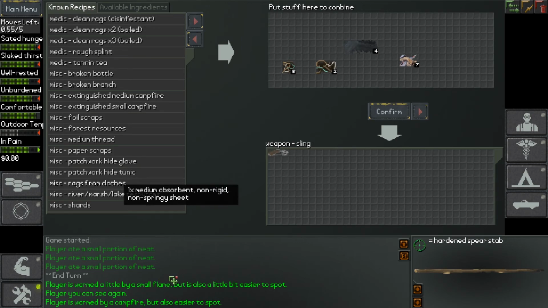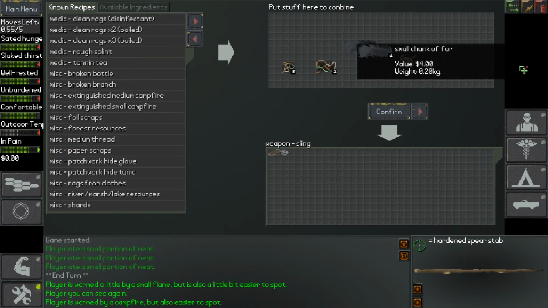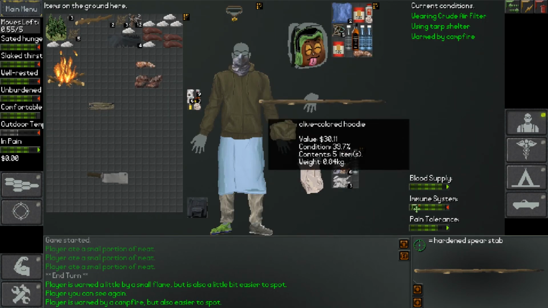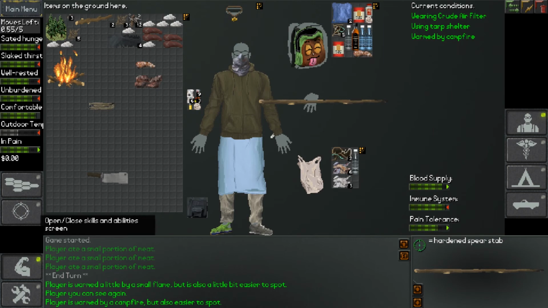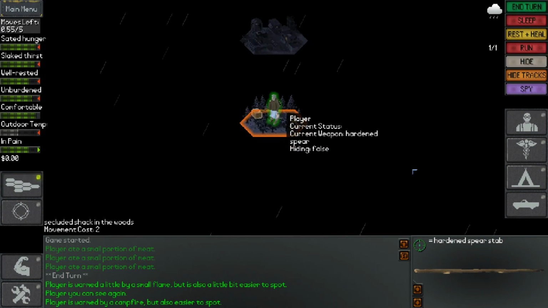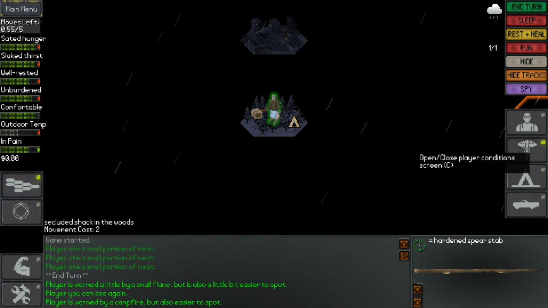That one I haven't been able to figure out just yet, but patchwork hide tunic requires a lot of pelts and a lot of small thread. So I would have to collect the pelts to be able to pull that off, but unfortunately, I'm not really able to do that because of the carrying capacity that I have going for me. I don't really feel like I need to do that either. So because I don't really have anything else to do,